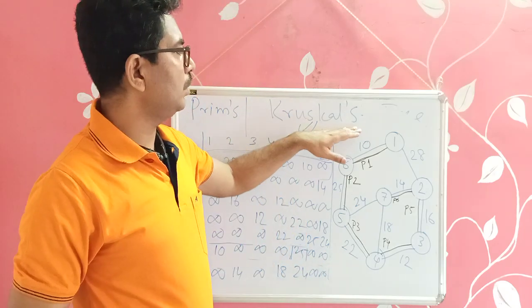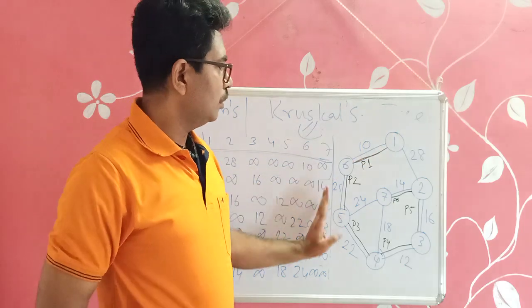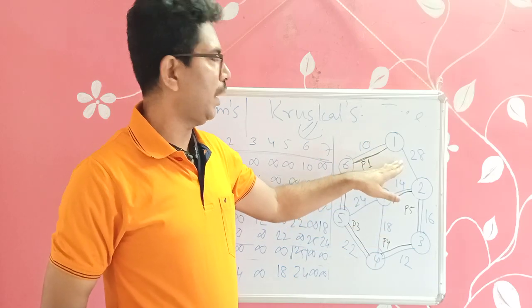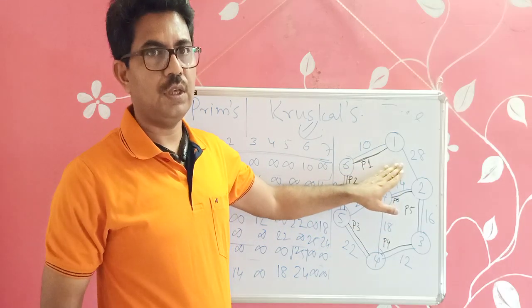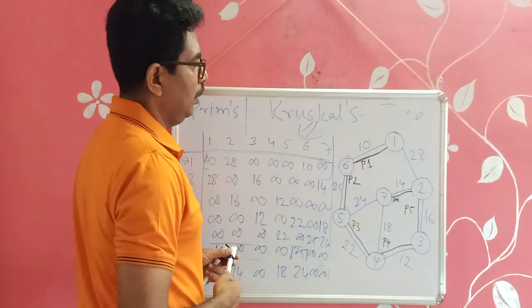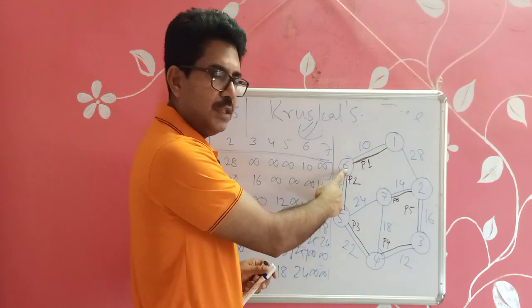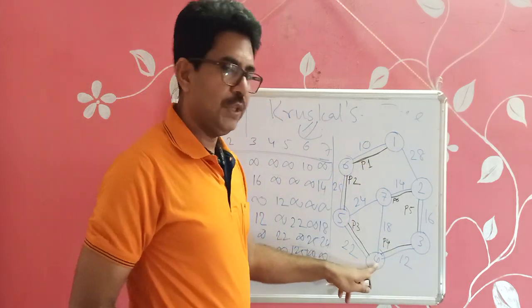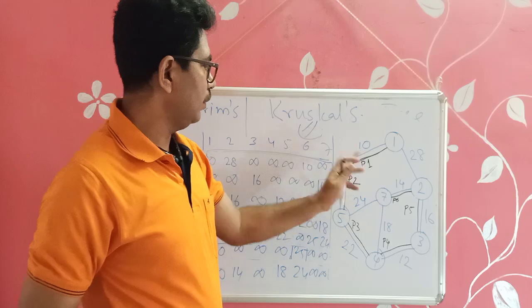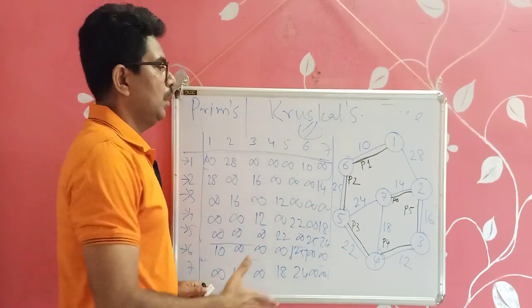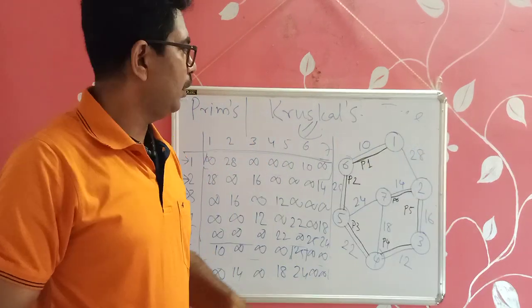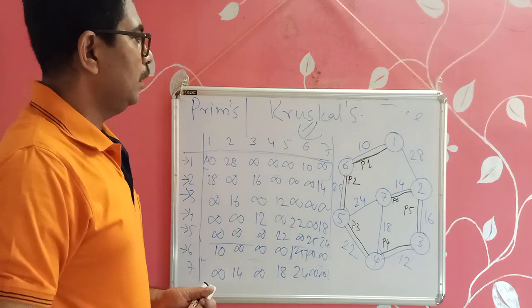So as per Kruskal's, first we will sort all the edges by non-decreasing order. If we sort all these in non-decreasing order, 1 6 will be the first edge, then 3 4 will be the next, and then 2 7, then 2 3, and so on. If we go on sorting in this way, then we can get these edges in sorted order in non-decreasing order. Then what we will do?